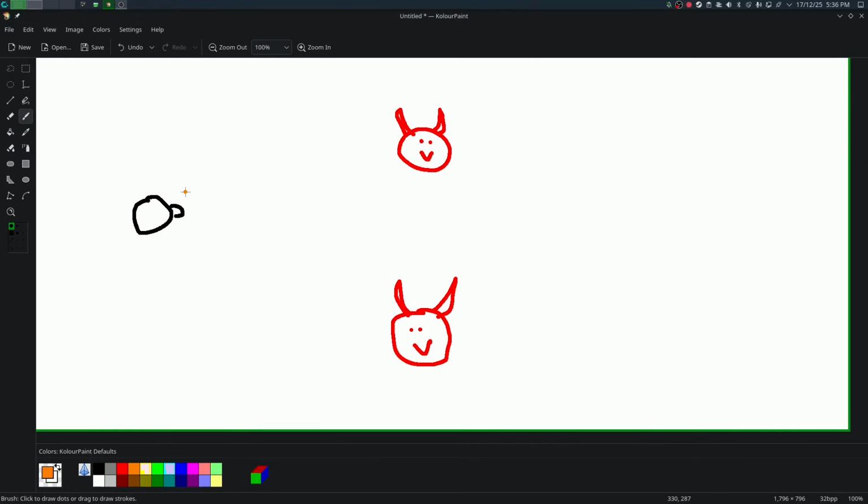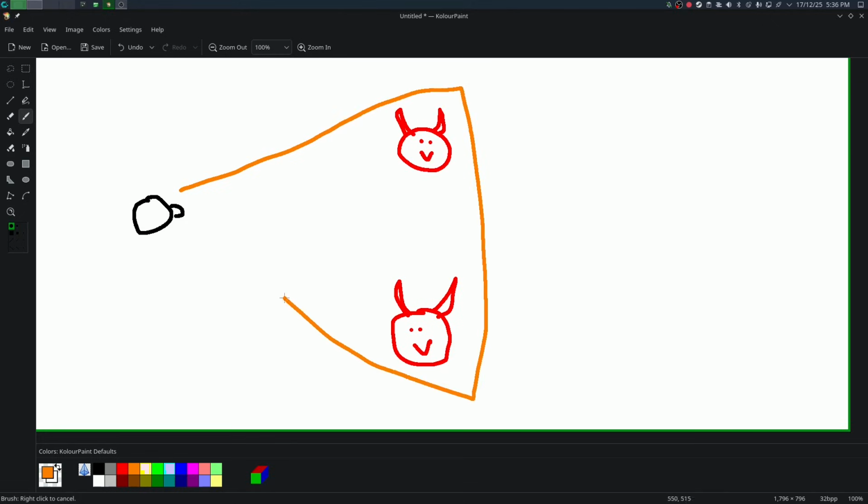Let's say there are two enemies in front of you, denoted by these two red devils, both of which lie within your targetable area. Now, the question is, what is a targetable area? Typically, in your games, you are only allowed to lock on to your target which is present at a set distance away from you.